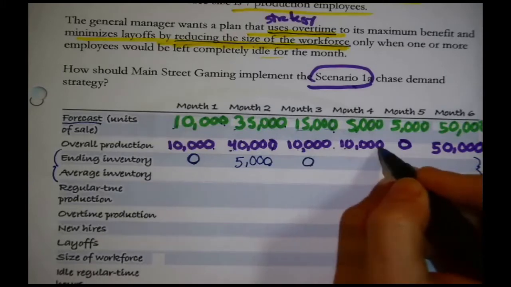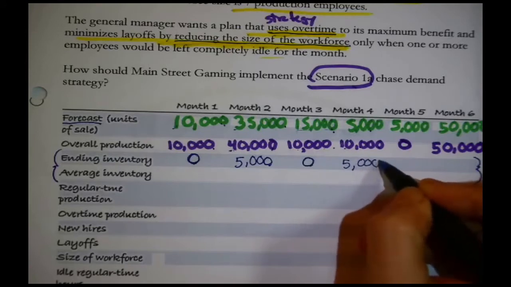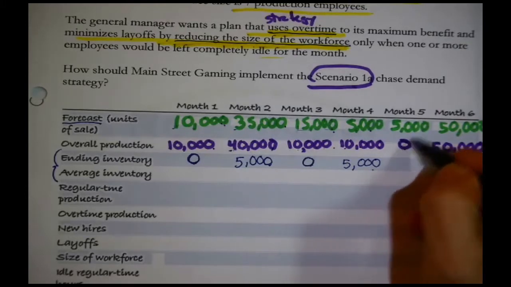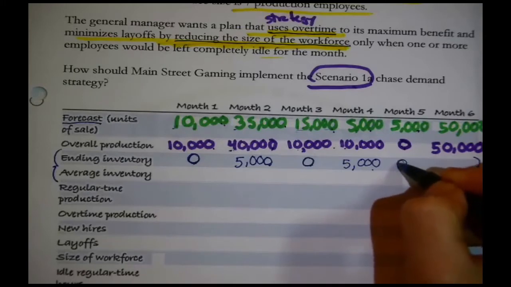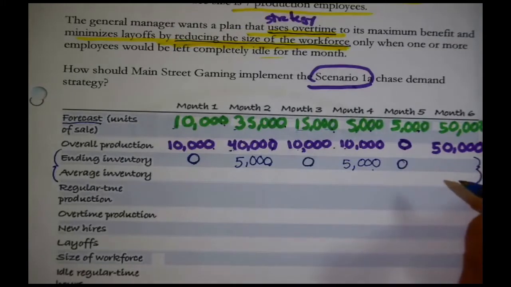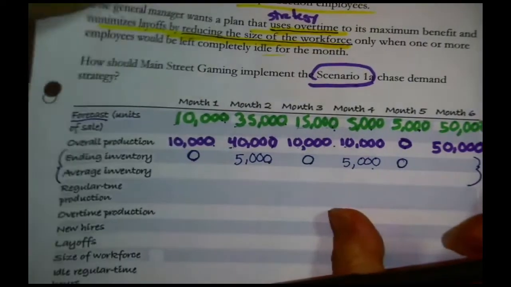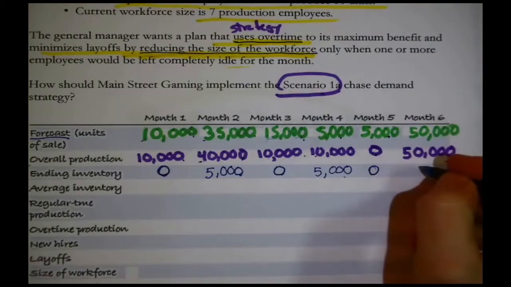We'll make 10,000, we'll ship out 5,000. That means there's 5,000 left over. So we'll have 5,000 going into the 5th month, of which we're taking vacation. We're not doing anything, but I guess somebody's working in the shipping department because they'll ship out the 5,000. And we will have nothing left in inventory going into the busy 6th month. Going into the busy 6th month here, we'll make 50,000, we'll ship out 50,000, and guess what? That means we'll have nothing left in inventory.